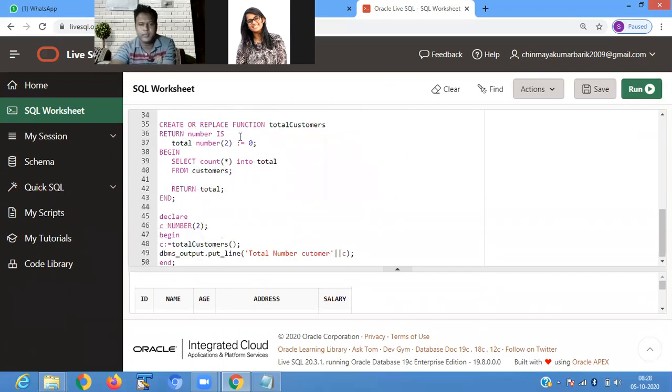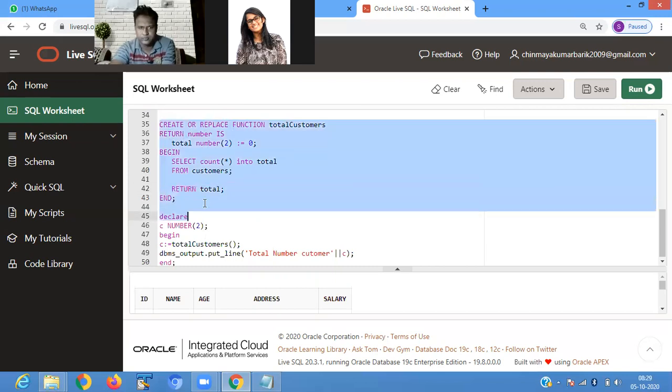Then create or replace function total_customer. So we are creating a function. The function name is total_customer. It returns a number, the total number. It finds out the total number of customers that are present. Creating a function, it is counting the total number of customers present in the customer table.